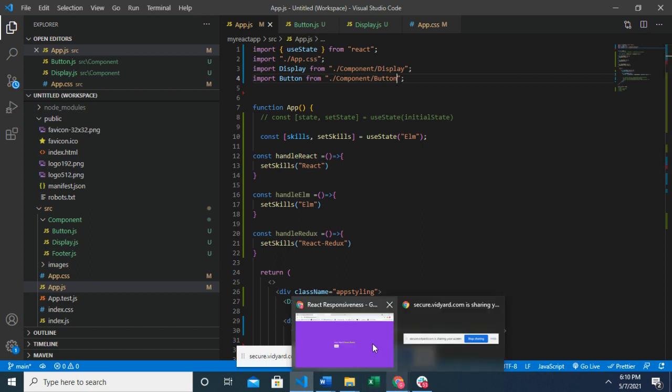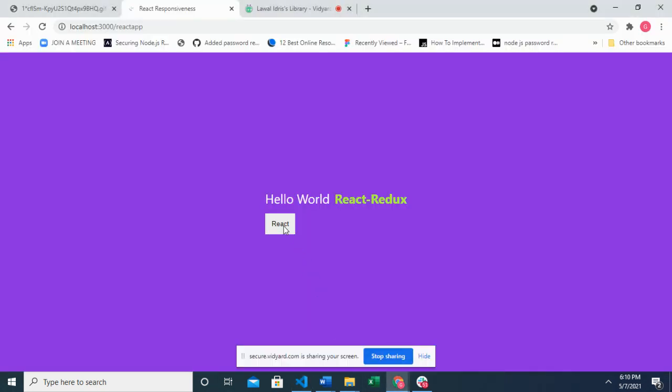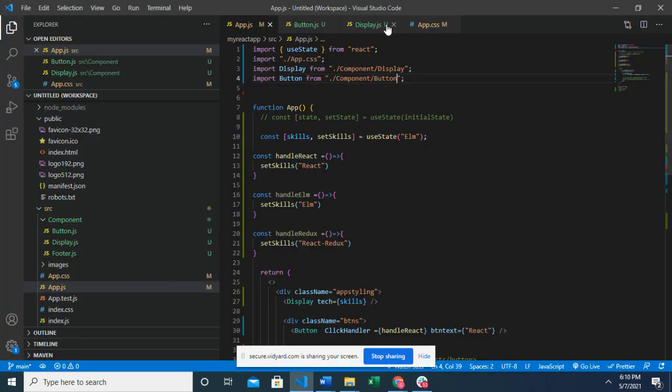Okay, what do I have? I have it for only React. This is the last file we rendered. This is the initial, remember? Yeah. Okay, so what happened is that,